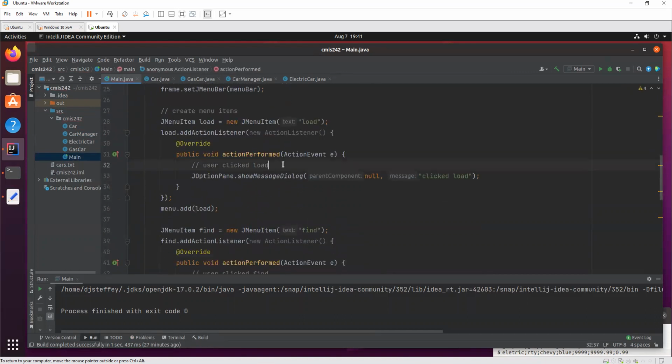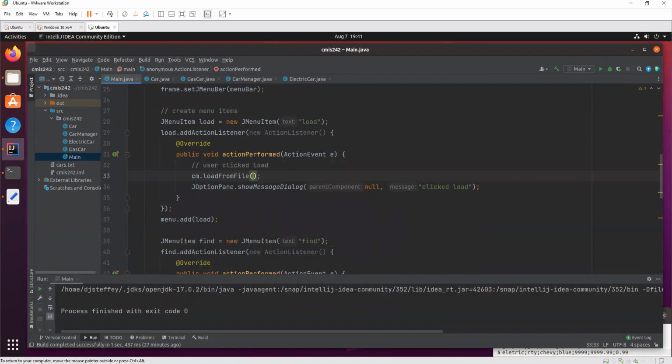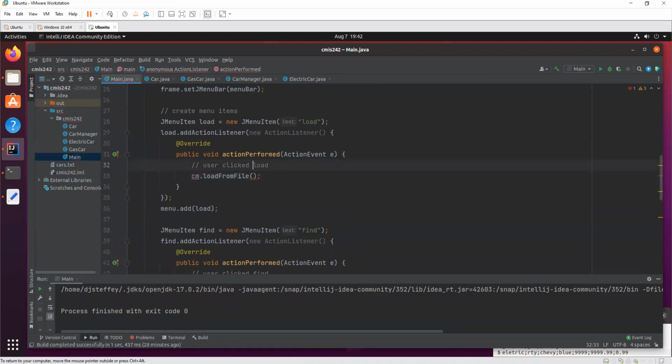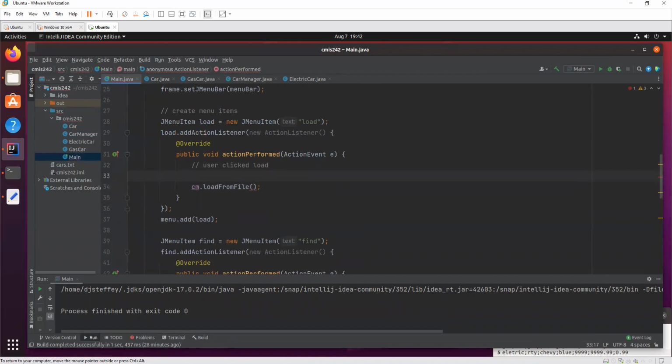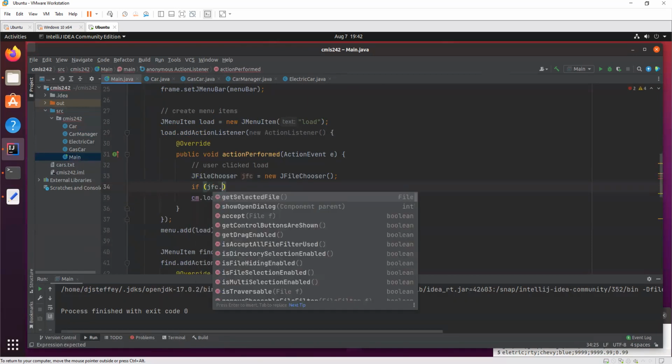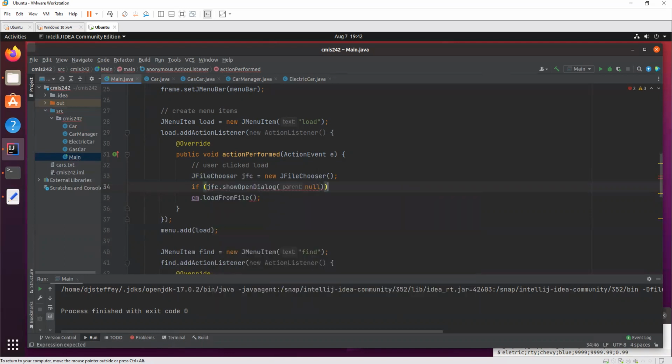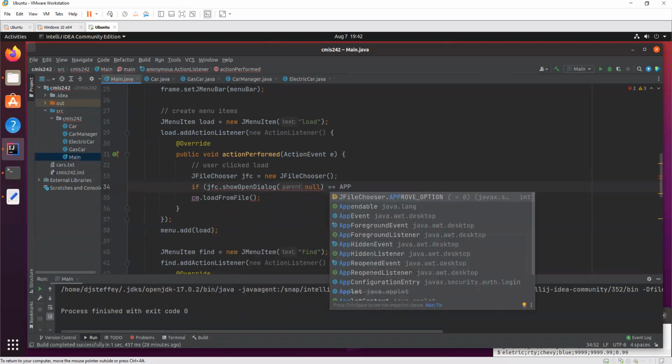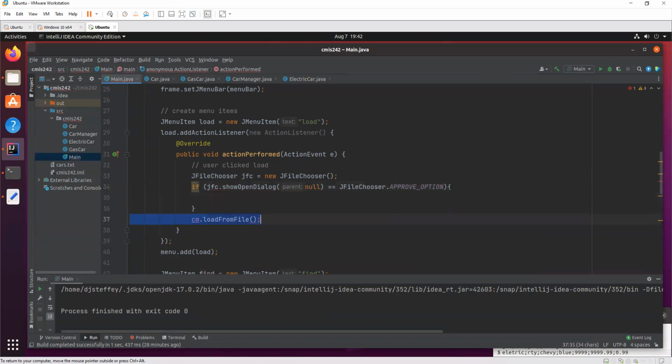And here, if we click the load button, we're going to load from a file. But what is the file name we want to load from? Well, let's do this other GUI thing here called a JFileChooser. A new JFileChooser. It's really as easy as this. And I'll explain it to you here in a second. Get selected, show open dialog, null equals approve. And one second, and I'll show you what all these mean after I get it typed in.